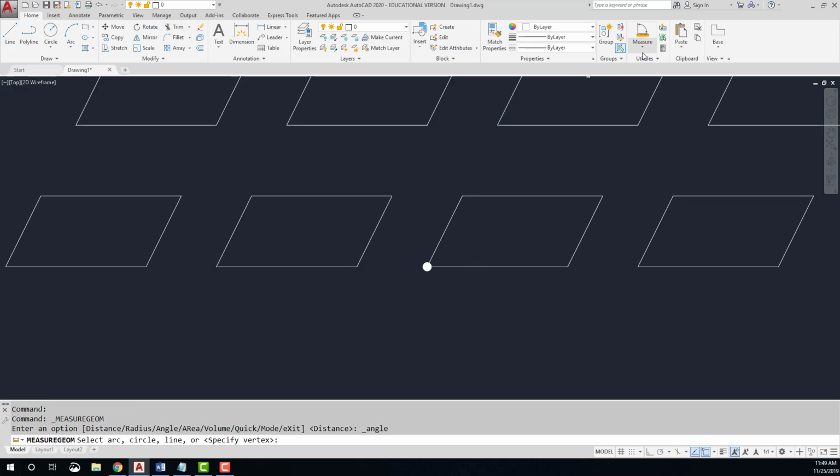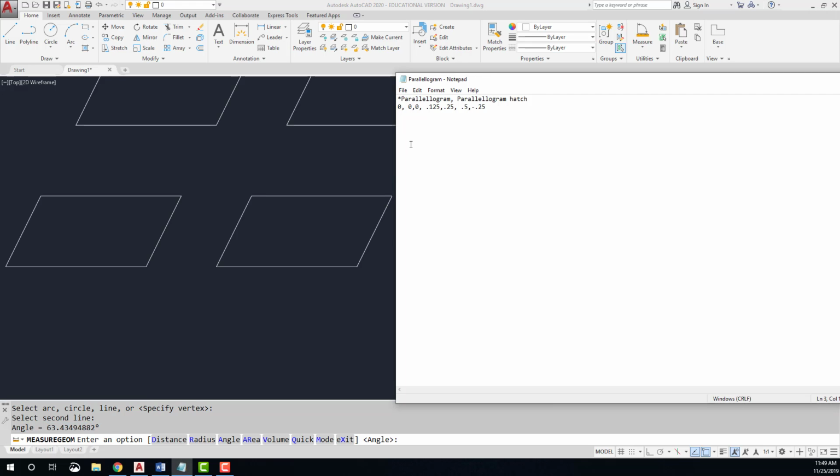Okay, so if I come in here and I say, let's do this angle, I need the angle between that line and that line. You'll see here that it gives me a very accurate angle now, again, so that we can be very accurate when we do this. So I'm going to say, here's my angle for that next line. I'm just going to copy it right here out of AutoCAD, and then I'm going to paste it in here. So there's my angle,